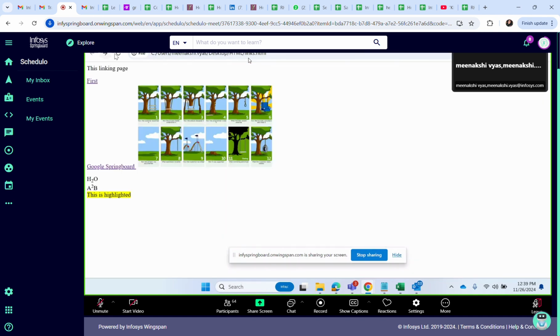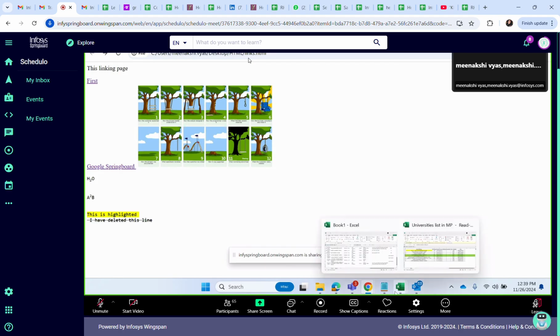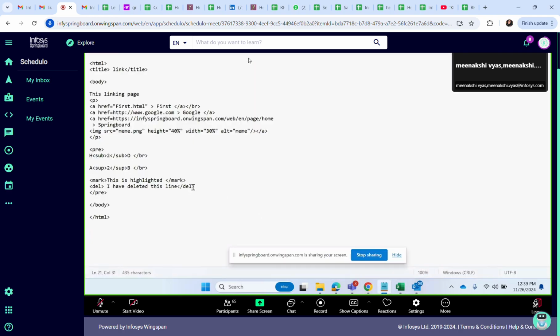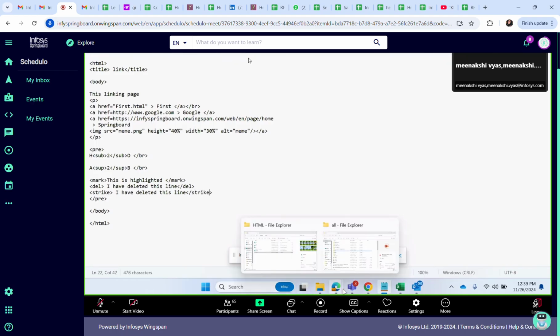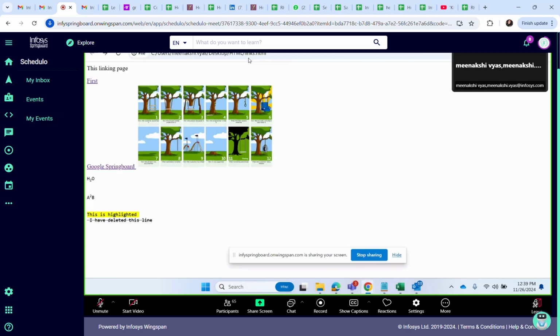Can you see the strike through? There is another code for it, that is strike. Instead of del, if I write strike, it will work the same. So strike is the original keyword, del is the conventional tag, which is working same as strike, right?